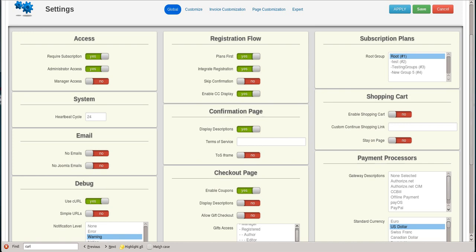Welcome back to the AEC video series on AEC settings. In this part here, we're going to cover the last part of the global tab: subscription plans, shopping cart, and payment processors. Under subscription plans, you can set the root group to be displayed when the AEC plans page is